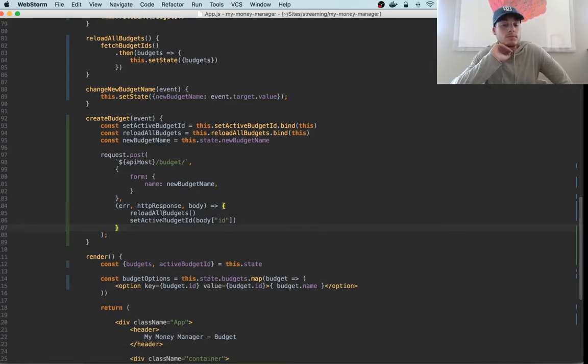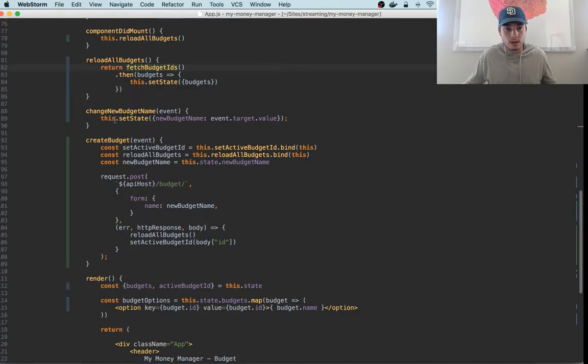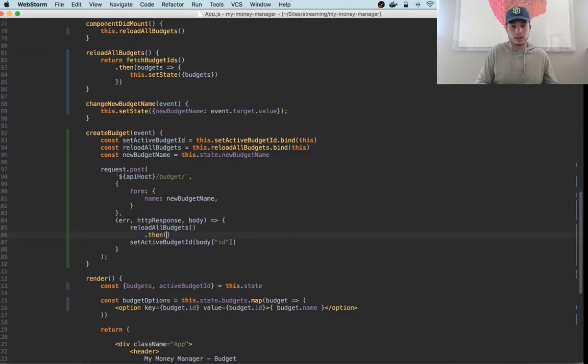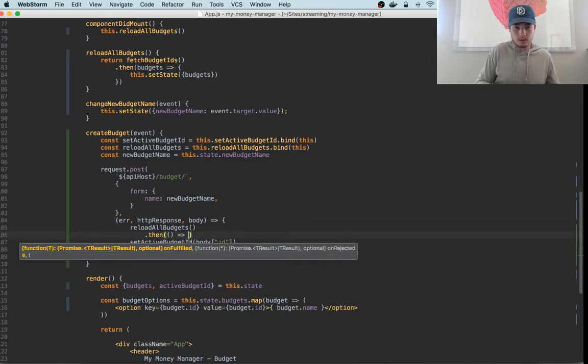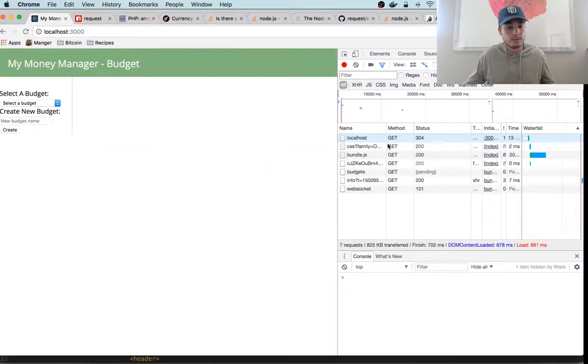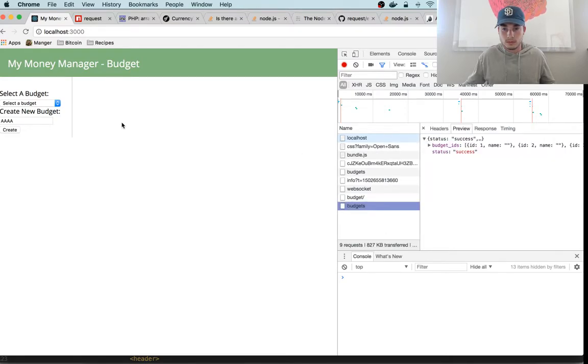So that all worked. It did reload budget. But I think what we need to do is we need to return this, and when we call it here, we want to reload all budgets, and then only then do we want to set the active budget, maybe. Maybe we need to